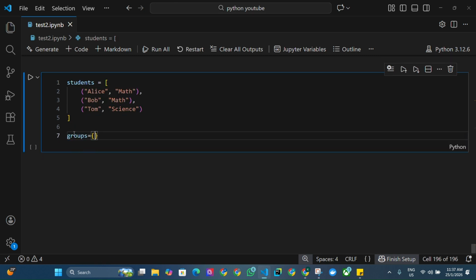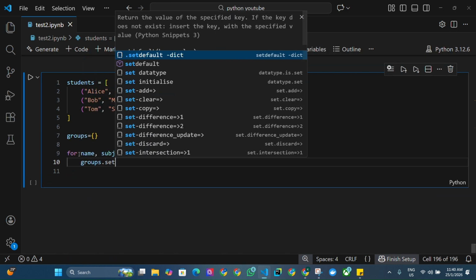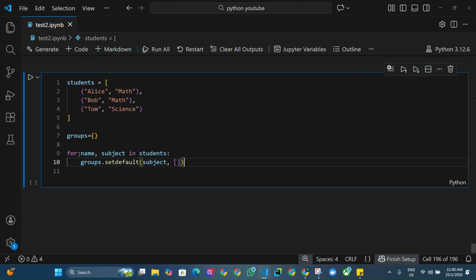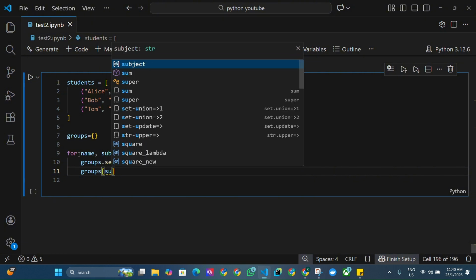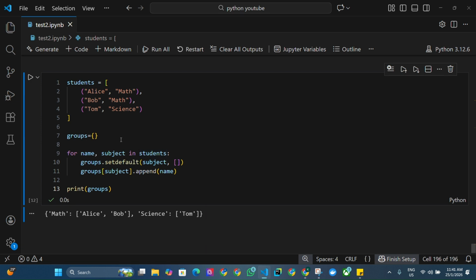Also great for grouping data. We can use setdefault to group students by their subjects. If a subject doesn't exist yet, setdefault creates an empty list, and then we simply add each student to the